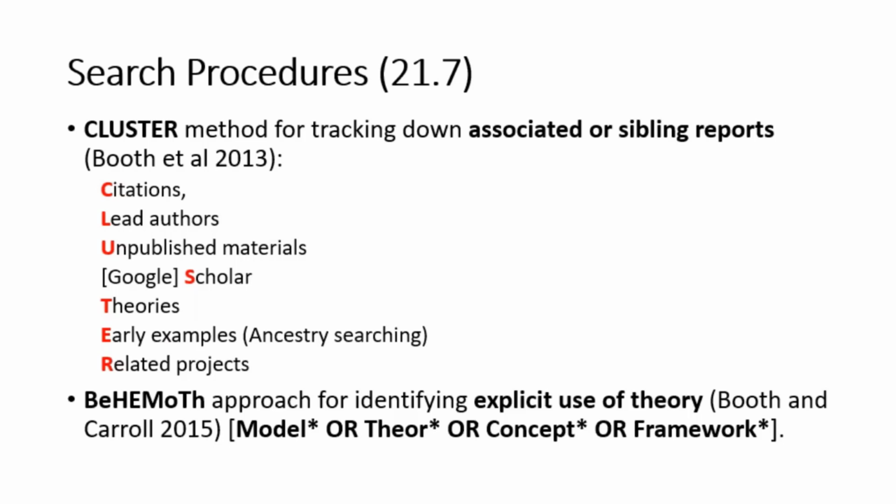And then there's the 7th element, which involves pursuing any theories that are present in your index study. In relation specifically to searching for theory, and this can be particularly important both in organizing your qualitative synthesis and in interpreting it, a basic strategy which can be run on bibliographic databases or on Google Scholar would involve truncations of model, theory, concept, and framework.